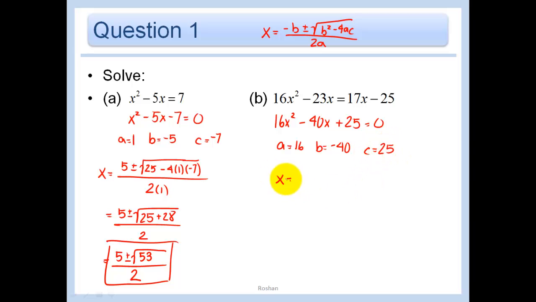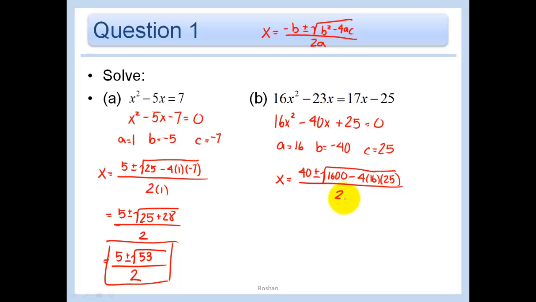So x equals negative b, which is negative a negative 40, or positive 40, plus or minus the square root of 40 squared. 40 times 40 would be 1,600, minus 4ac